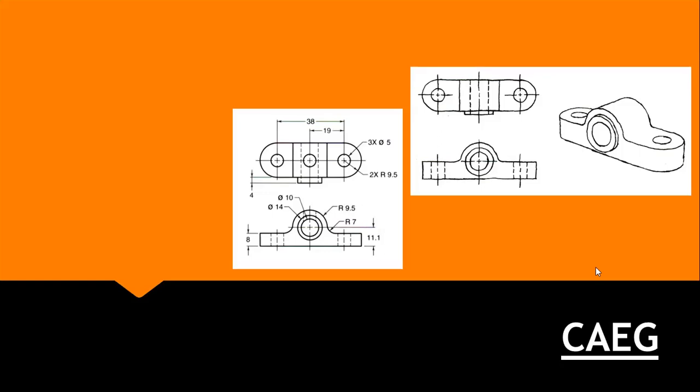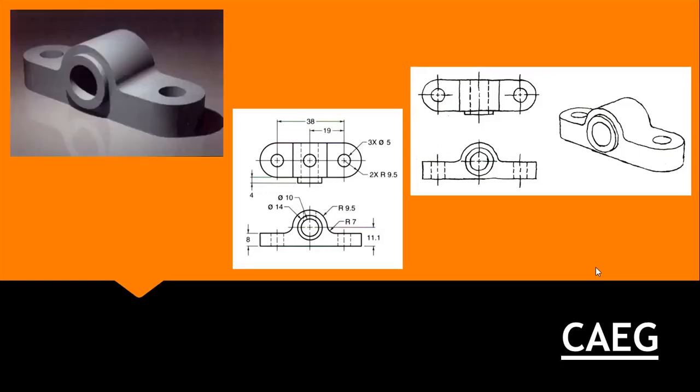Above these two, there is one more format where the student can take the assistance of a computer. This is the CA: CA added to engineering graphics, computer assisted engineering graphics. Now you can see in the picture. With the help of a computer, it will be even more precise. Wonderful effects can be created, which will make the object look like a real object. Realistic effects can be created. So this is the advantage if you use a computer tool.